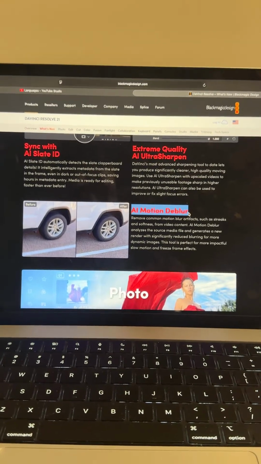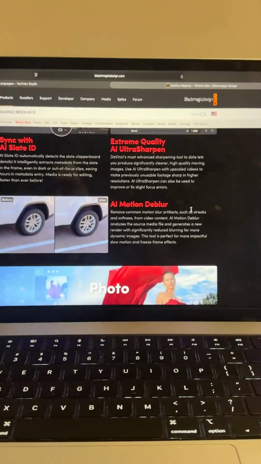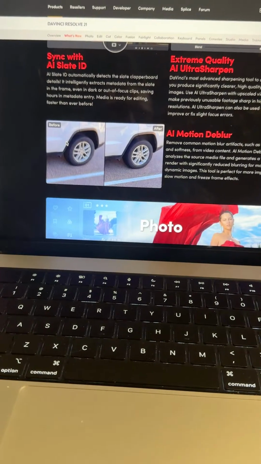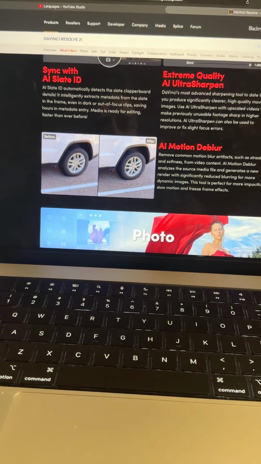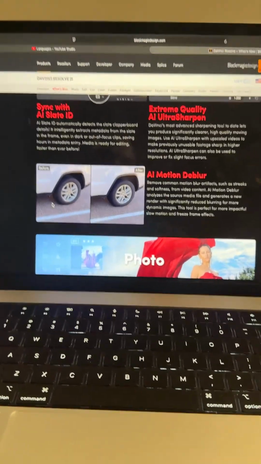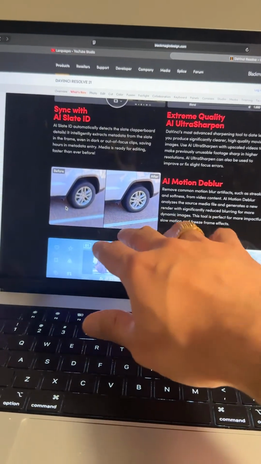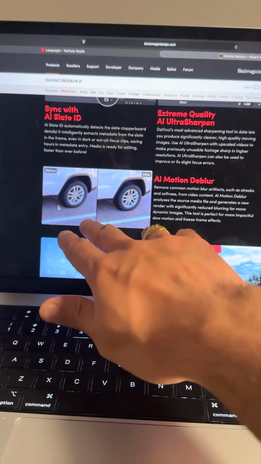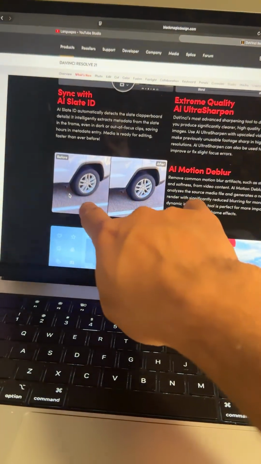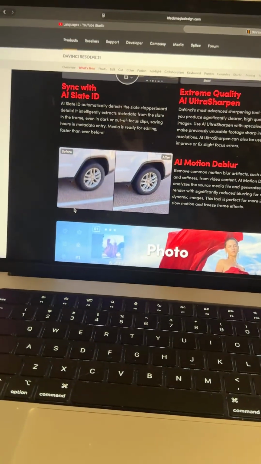And there's another one. Let's move to the AI motion deblur. So as you can see, this is before, this is after. Let's say you have an old clip or a bad clip. I am sure this is the reason they showed the car scene, because maybe it's moving, or the camera guy is moving. So obviously you're going to lose a lot of your motion.